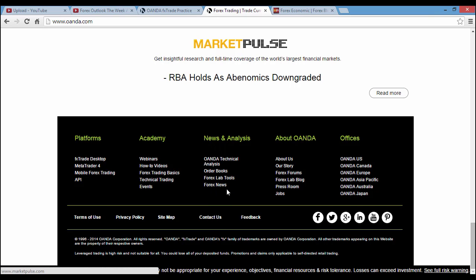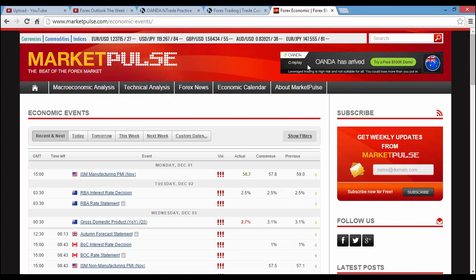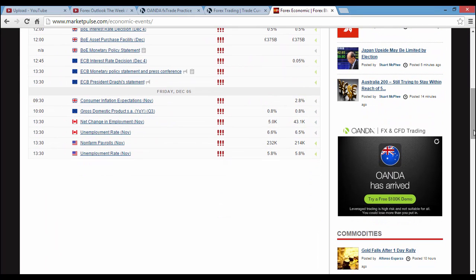So we press on the Forex news and we get into the market pulse. In the market pulse, we have the tab over here of economic calendar, and in it will come all the information, all the news from all the countries, and the importance of the news will be marked over here. You can also filter the importance of this information, and you can filter on the country as well. Right now what I've got in my filter is the highest news events that we have in the coming week. So if I scroll down into Friday, I can see over here the non-farm payroll.